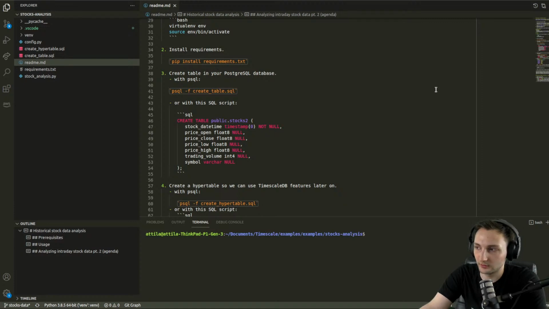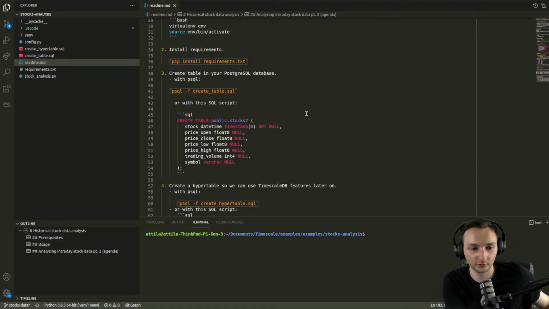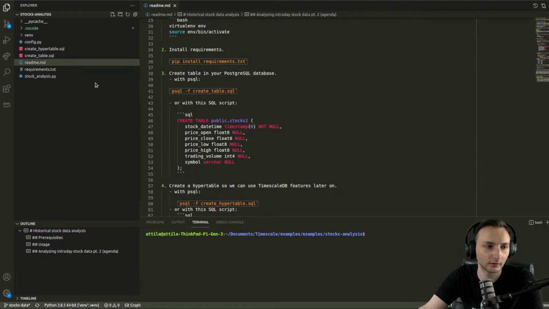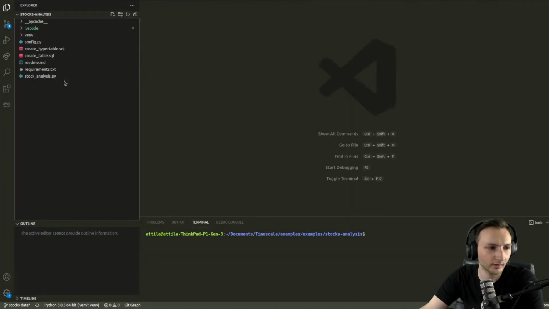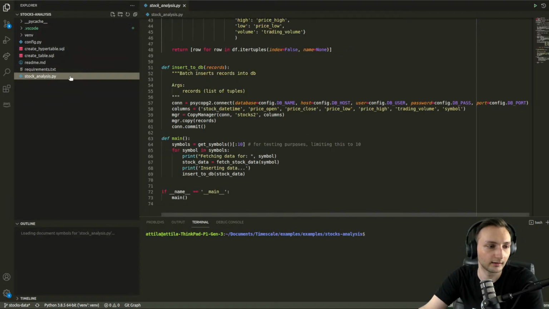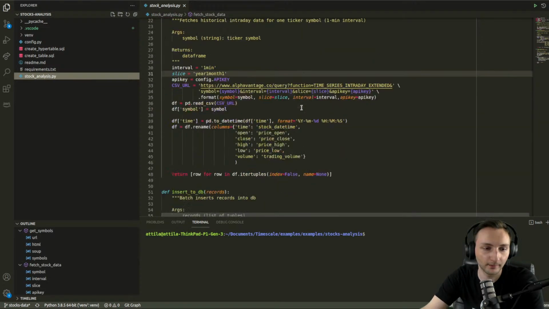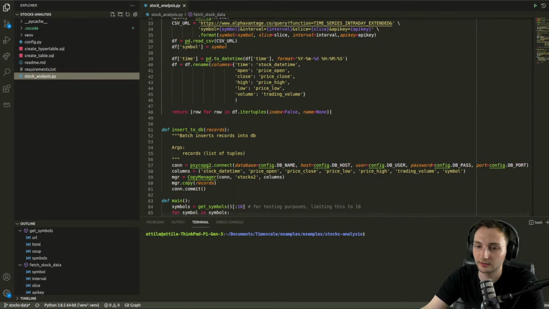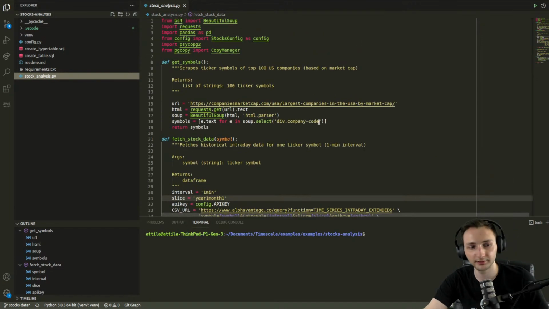Everything sounds great, awesome. So basically we are going to continue where we left off the last time with our stock analysis project. Let me find the Python file. All right. So basically we created this project the last time, which fetches intraday stock data from